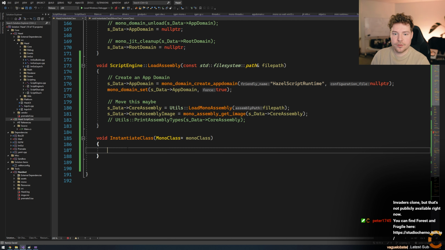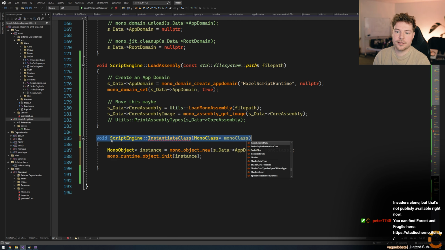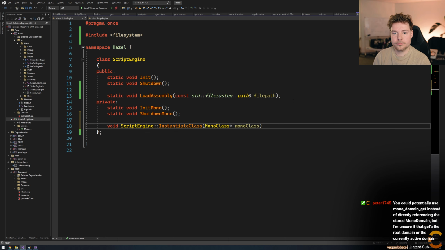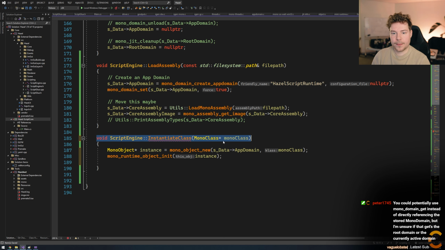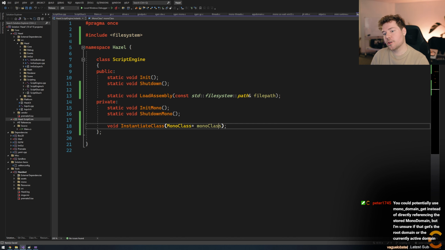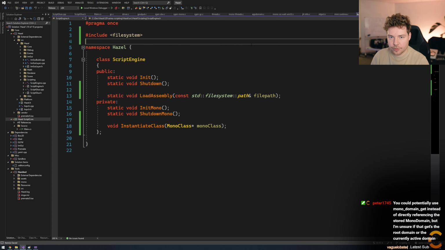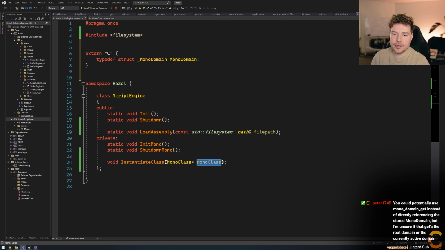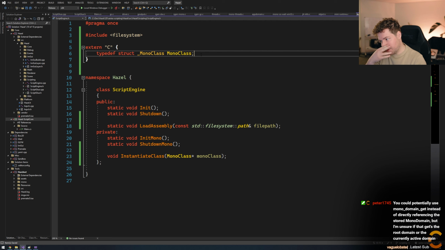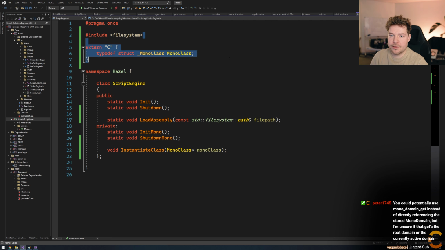This stuff kind of goes into here though. Script engine instantiate class. Now I've just used a mono thing up here. So what we probably want to do is forward declare mono, because we don't want to include mono here. It's a bit heavy. Now forward declaring mono though, I think there's a special thing we have to do. Yeah, because it's in C, we want to do basically this, which is a little annoying. But we have to typedef it this way and use the extern C thing if we want to actually have that thing here. So that's how we can get a mono class into here.